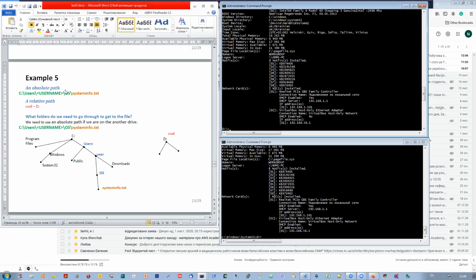An absolute path is okay for all directories, for all drives. We can always use it, but a relative path may be more simple, and we can use it